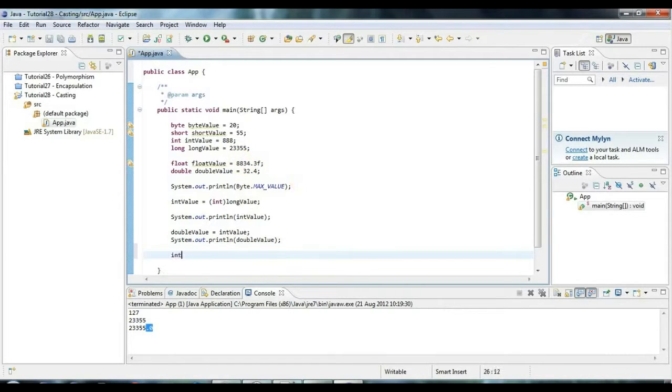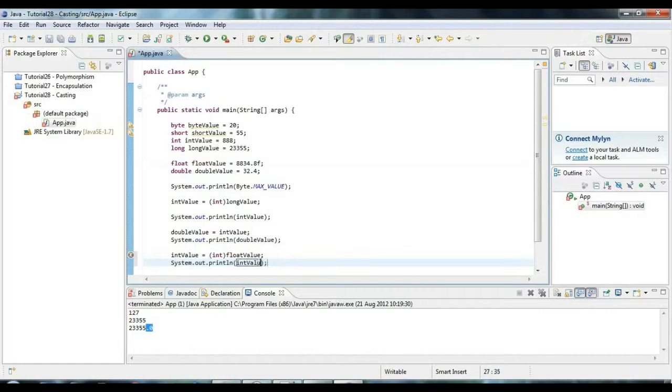If I say int value equals float value, now there's potential for something to go wrong. Well, not go wrong, but the thing is we're going to lose the stuff after the floating point, 0.3. Let's change it to actually 0.8, for a reason that I'll explain in a minute. And Java wants to know that you really do want to chop off the end of this here. So you have to cast it, and I can put a cast here. I can cast from the float value to the int value, and then let's do a sys out here on